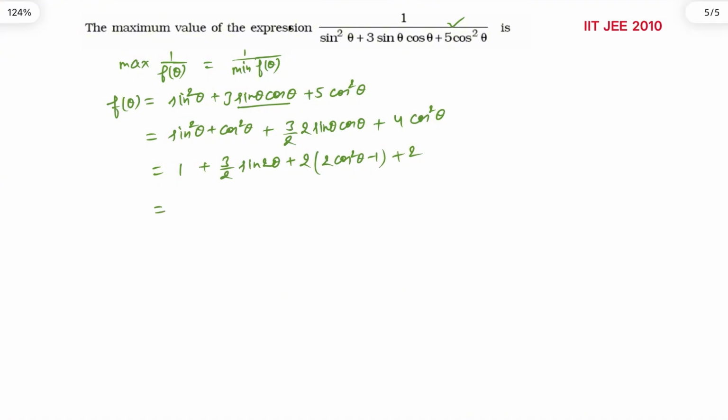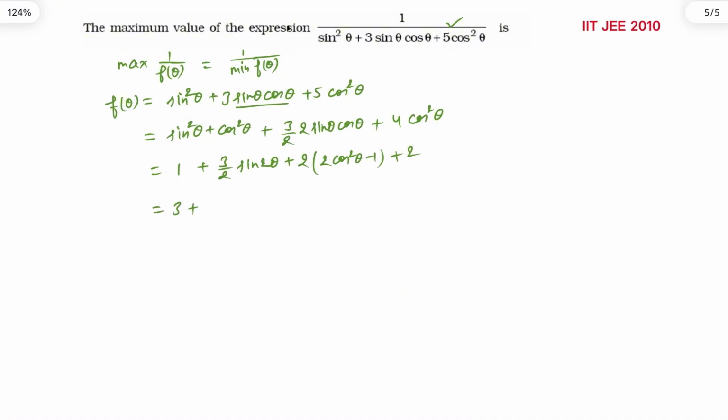So we have 3 plus 3 by 2 sin 2 theta plus 2 cos 2 theta,